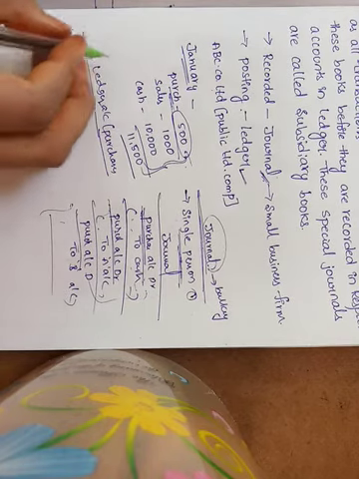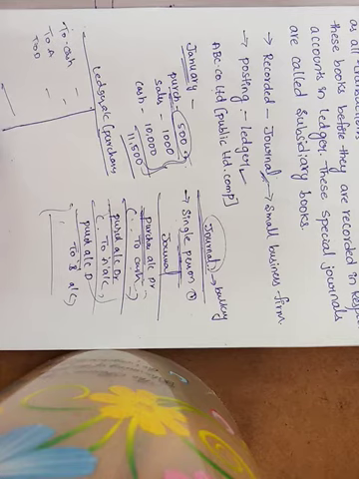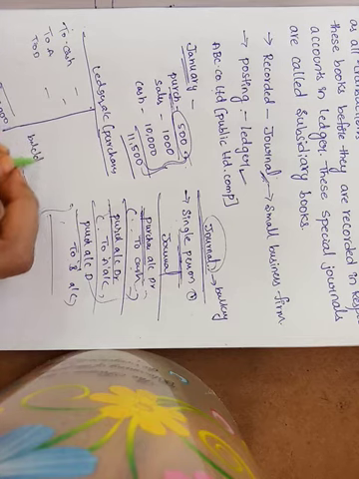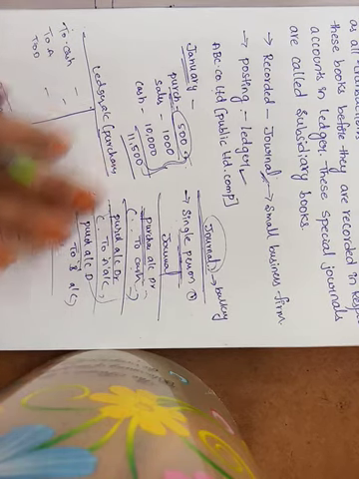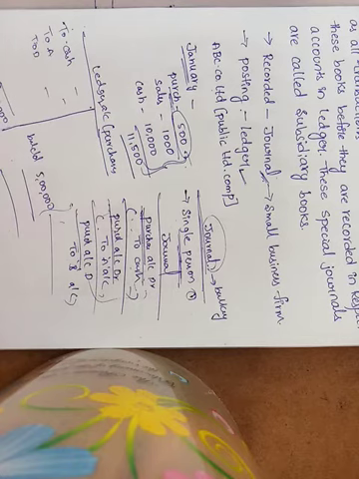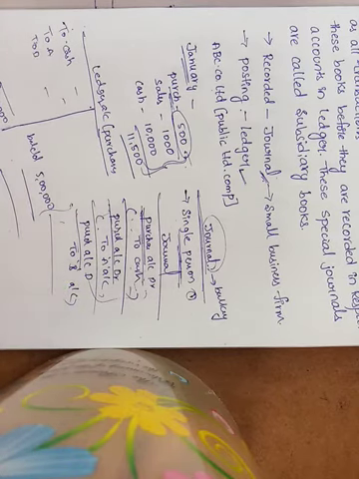Suppose the total of the purchases account debit side is rupees 5 lakhs. And this balance carried down, the amount you get is 5 lakhs. So this is the total amount of the purchases account. But observe here, are all those purchase transactions cash transactions only? No, sometimes it is a cash transaction, sometimes it is a credit transaction.